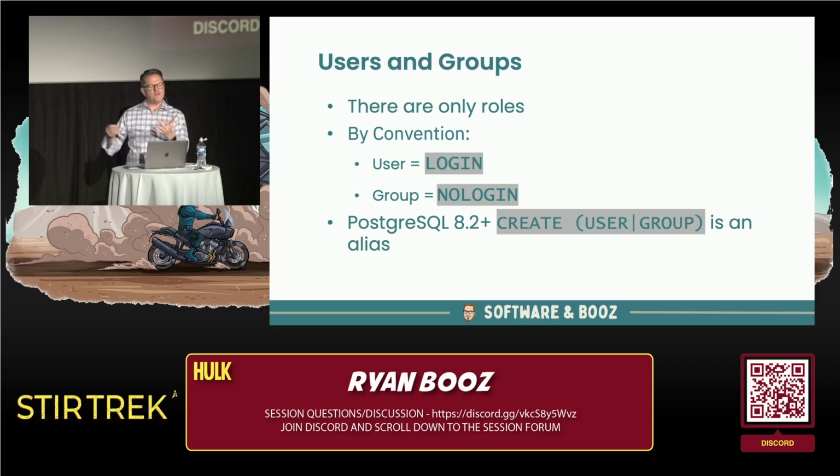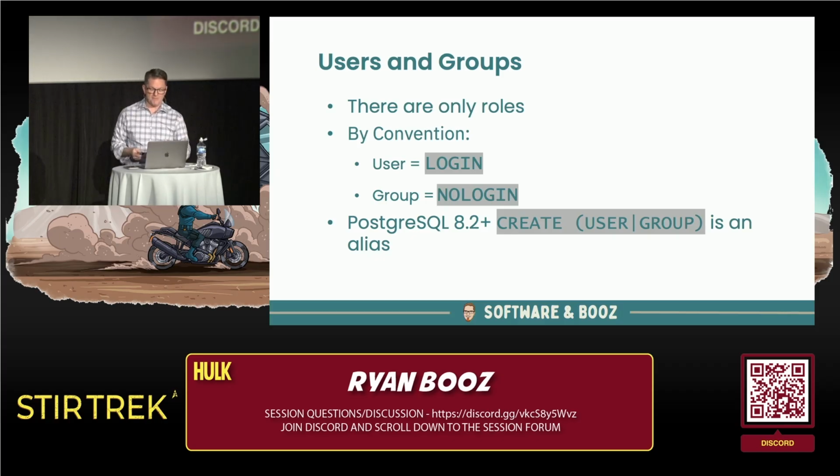Semantically, and that goes back to Postgres 8.2, we finally decided to switch over to the SQL standard. Long time ago, it is what it is. So semantically, we say that if a role can log in, we consider that a user of sorts. If the role is set to not be allowed to log in, then we consider that a group. And so the idea being that I create groups with certain sets of privileges, and then I can grant membership into those roles, and that's how I can do kind of distributed privilege authentication and authorization through the database.